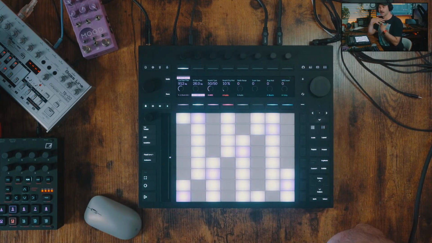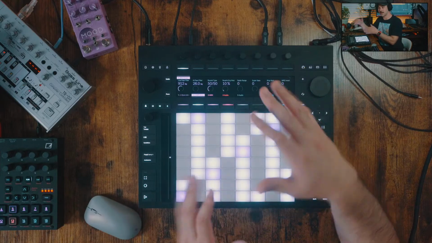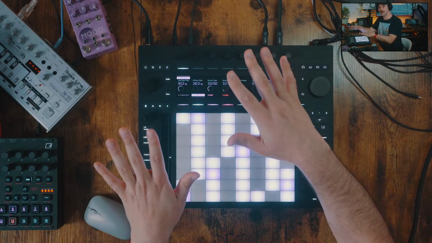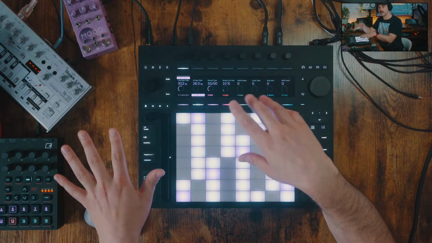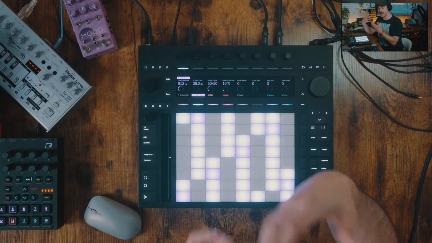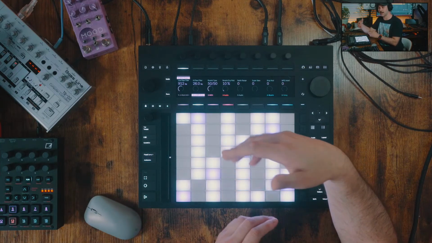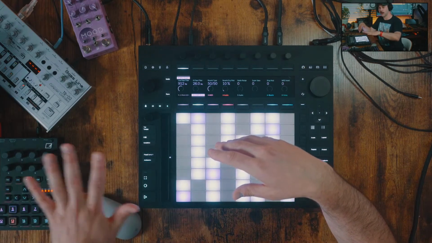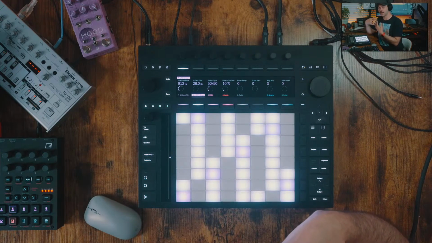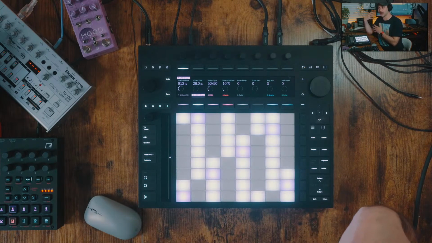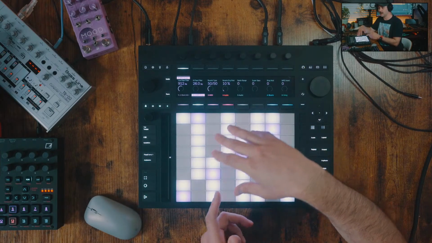For somebody who's a hardware user, I may have mentioned this on stream before, I have pretty gnarly neuropathy in my hands. It gets very uncomfortable for me to spend too much time clicking with the mouse and using the keyboard. It becomes quite painful for me rather quickly, which is why I turned to hardware, partly. So this is a great device for somebody like me who prefers working on hardware because it's so uncomfortable to be on the computer. Now,